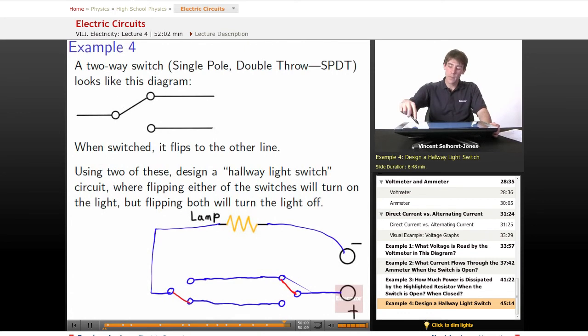But if we go back and we flip one of these two, hey, look, we've now completed a circuit. We've got a way for energy to run through. If then we come along and we switch the other end, we've broken the circuit because now it's seeing the